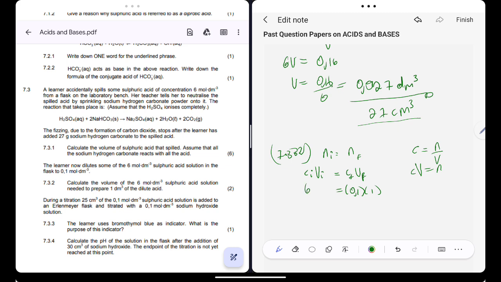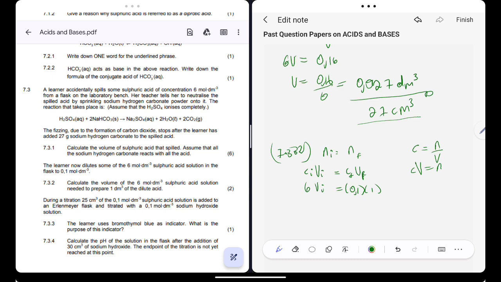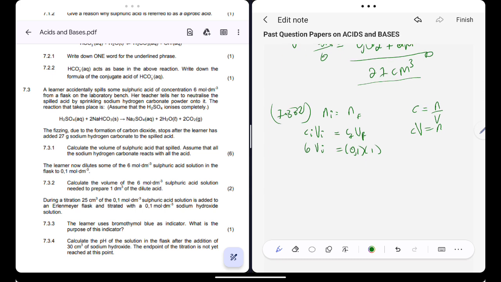The initial concentration was 6. I do not know the volume. So all I need to do is to divide both sides by 6 for me to find the volume. So 0.1 multiplied by 1 all over 6. What do I get? 0.1. I'll simply get 0.01